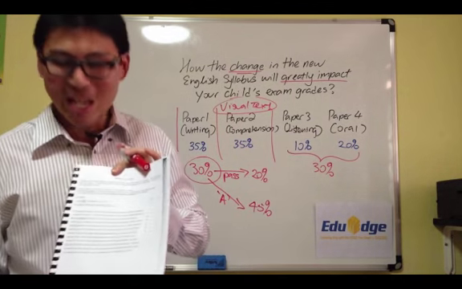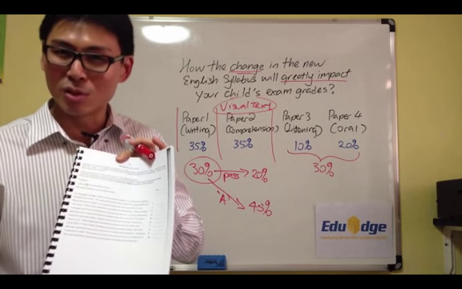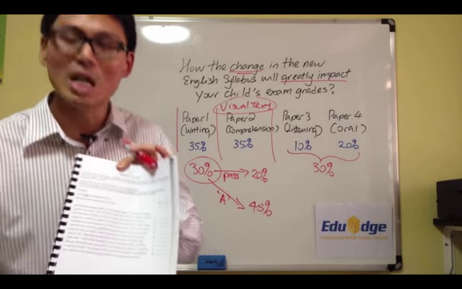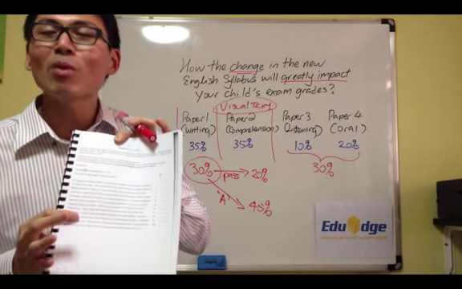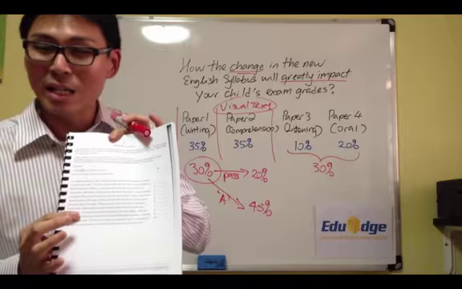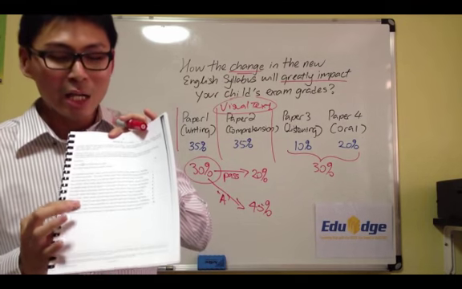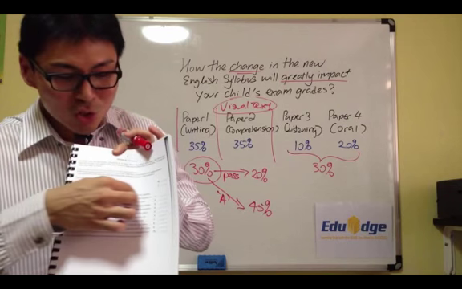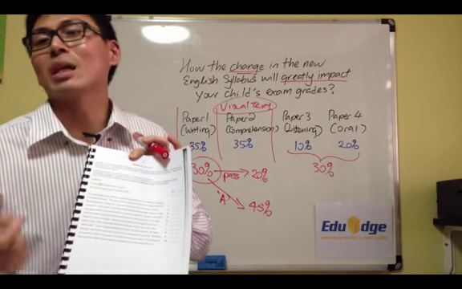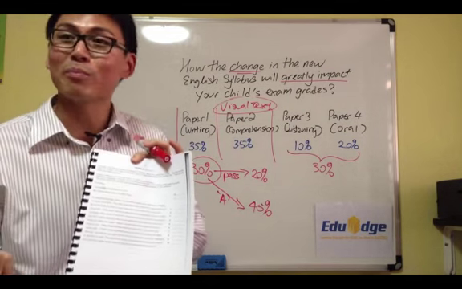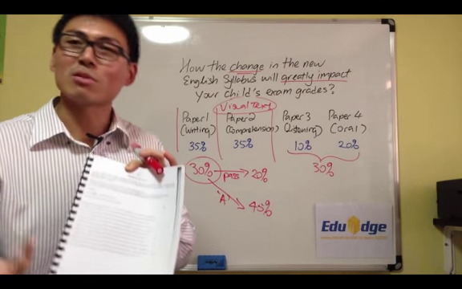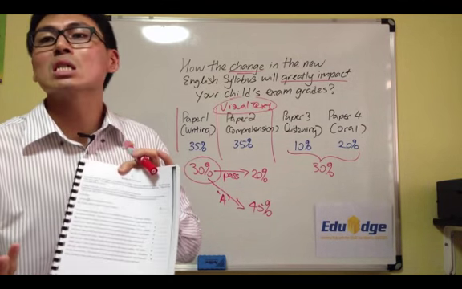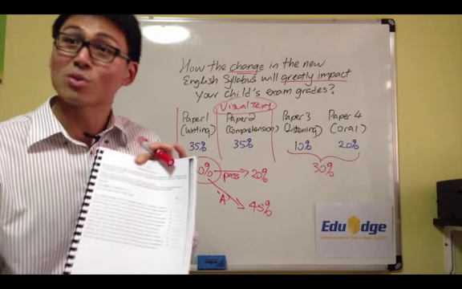So MOE has heard your concerns, so they decided to bring back the explicit teaching of grammar. What you see here is an example of a language editing task that is featured in Paper 1. They have a text of not more than 250 words, and in each line there is a grammatical error that your child is expected to pick up. This error could be related to tenses, verb formations, prepositions, and so on and so forth.